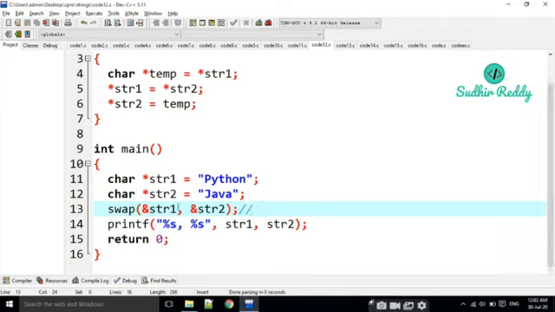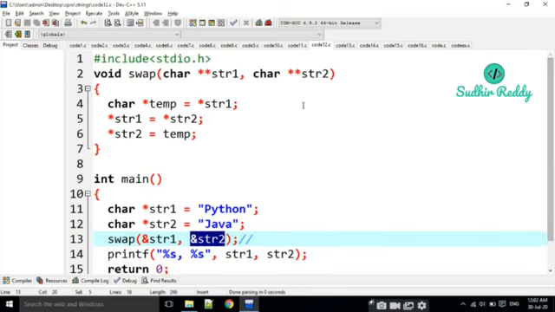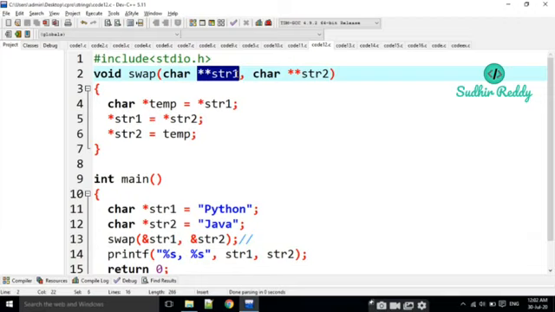Here I am passing the address of the whole string. This is the address of Python. This is the address of Java here, and I am going to handle it with a pointer to pointer here. Why? Because we are passing the total string's address. That's why we are taking **str1 and **str2.